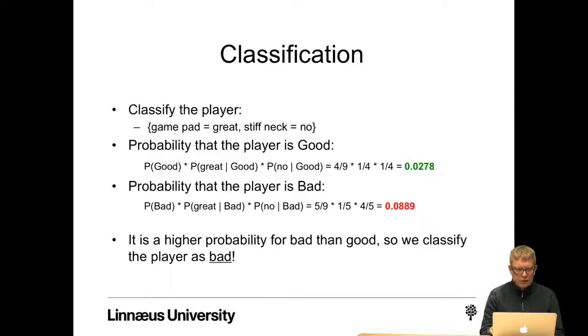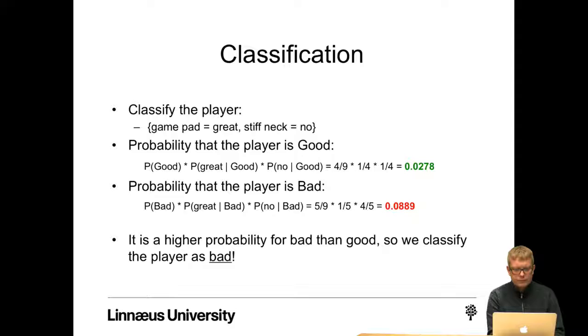If we take another example, we have a great gamepad but no stiff neck. We put in the values in the formula for the player being in the good category. The probability of good multiplied by the probability of having a great gamepad given good player skill, multiplied by the probability of not having a stiff neck given good player skill. We look up these numbers and we see that the result is